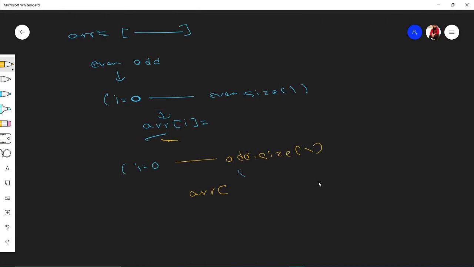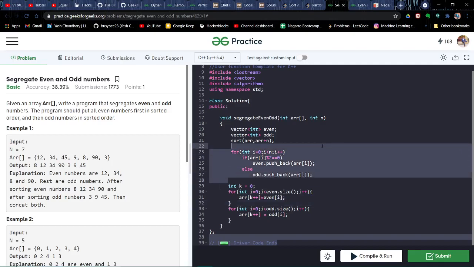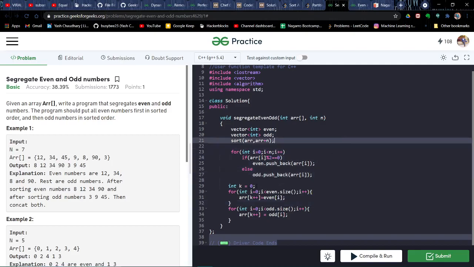If you have filled positions 0, 1, 2, 3, for example, and these are the remaining ones, then for the next loop you need to start from the even size, and only then will you be able to fill it. To avoid this, we just used the k pointer, which is incremented after every step. Once we have inserted all the evens, k will be, for example, 4 or 5.